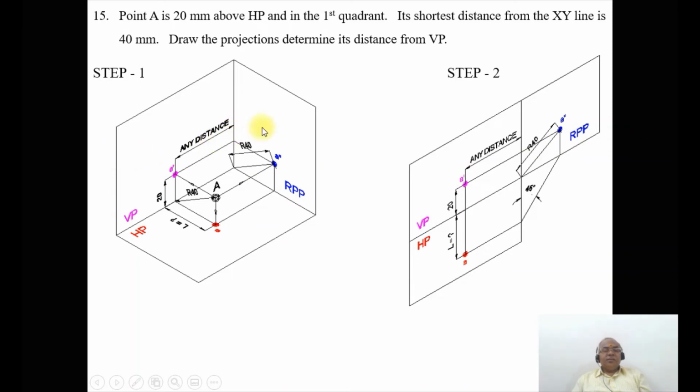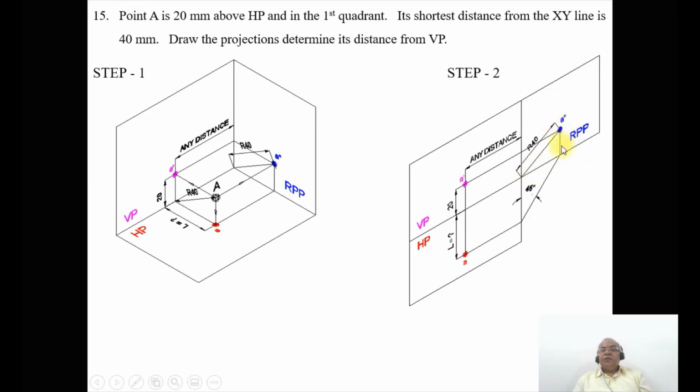And since we don't know the distance with respect to the profile plane, you can take any distance and then draw a vertical line. As we see, the shortest distance from the XY line is 40, so the shortest distance is always seen in the profile plane, which is RPP. Then from here you measure the distance of 40 and cut an arc on this, and you mark this point